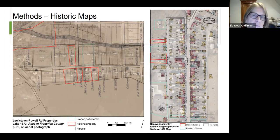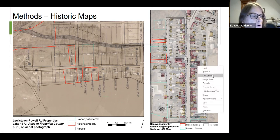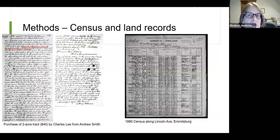And then the other map in Lewistown is the 1873 Atlas of Frederick County. So these are very helpful for us figuring out what buildings we now see on modern maps. As you can see, they're superimposed and they're under the historic map so that we can see what is still there. So obviously we depend very heavily on the written documentation in census records and land records, as well as